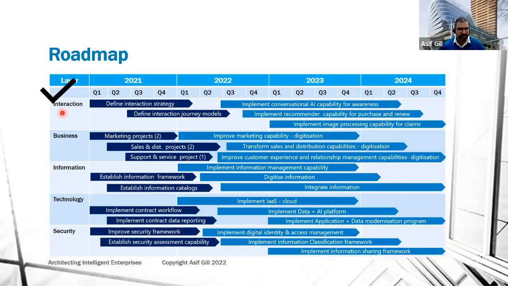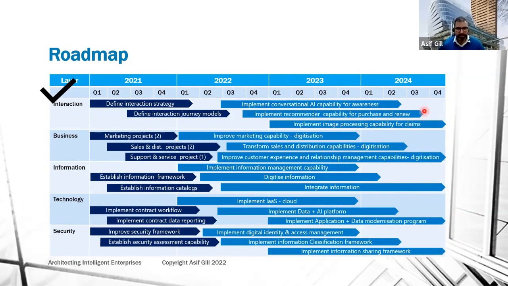You can say that, hey, the interaction architecture layer, there's business information. I did not discuss that, but I discuss all of this whole example in my book, which I shared towards the very end. That's where we're looking at the interaction. I identified these three new initiatives in a certain order. You can see that from 2022 to 2024, we need to implement them, but there were also other in-flight existing initiatives from last year or 2021, defining interaction strategy, defining interaction journey. And you can also see some other business and architecture level information that can inform the decisions as well. So this is all explained in my book.